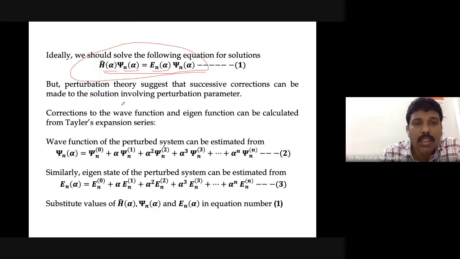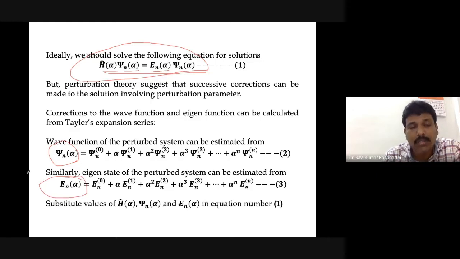So it is suggested that the perturbed system has some solutions, while the unperturbed system has exact solutions. Now after perturbation, it has changed. What is suggested in this method? The wave function and the